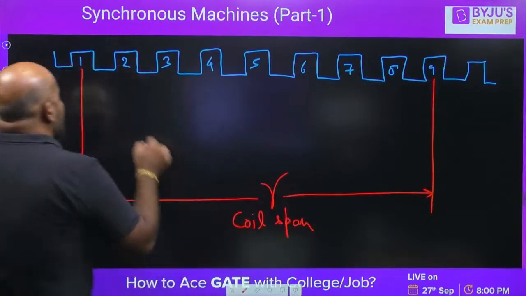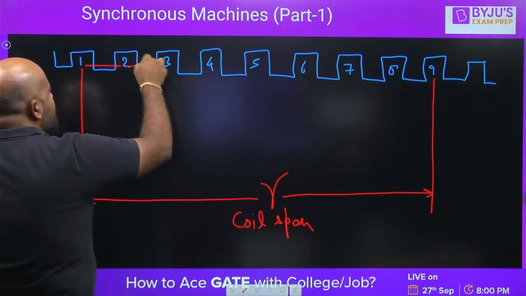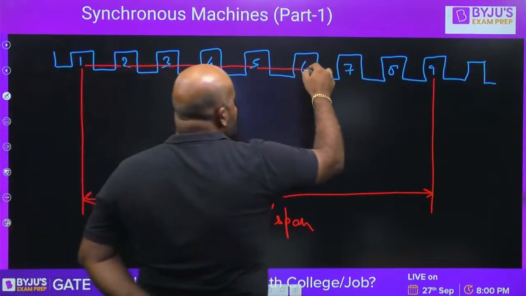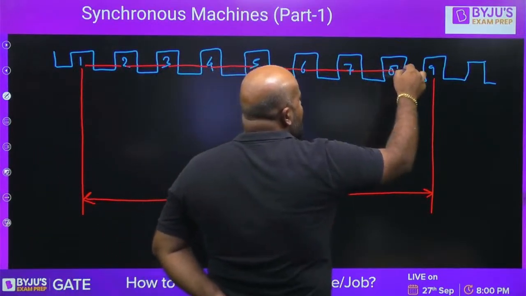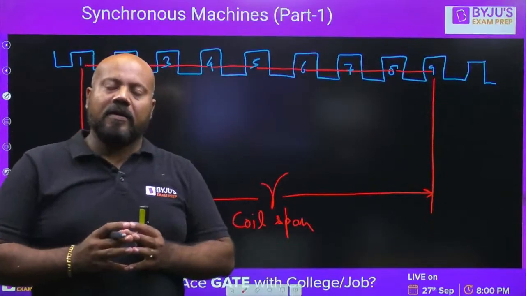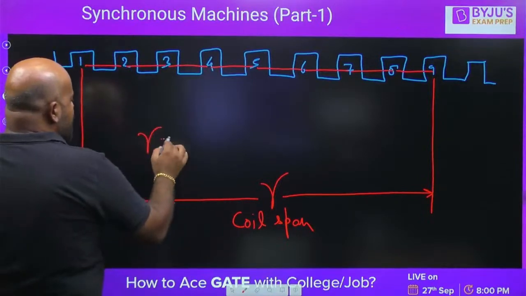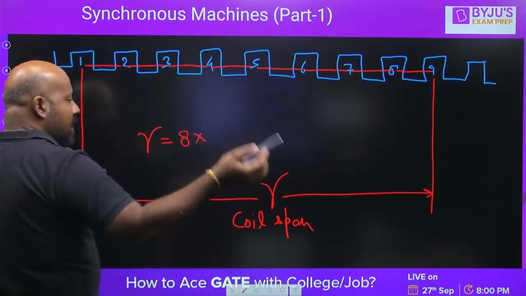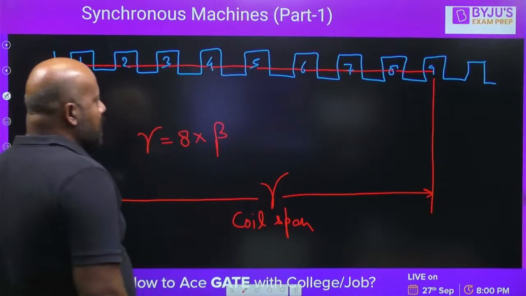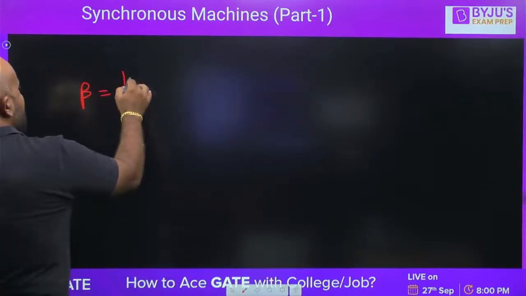Can you tell me how many slots are involved here? Yes, 1, 2, 3, 4, 5, 6, 7, 8. In between the top coil and the bottom coil, there are 8 slots involved. So this gamma is going to be 8. And what is the angle subtended by one slot? This is beta. What is beta? 180 degree electrical